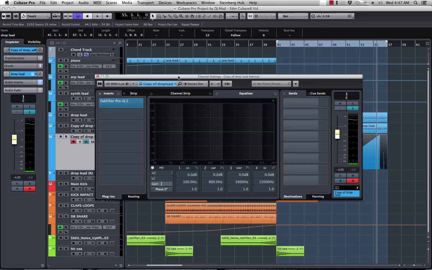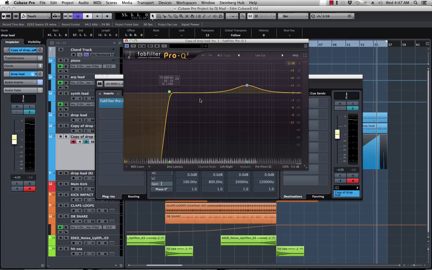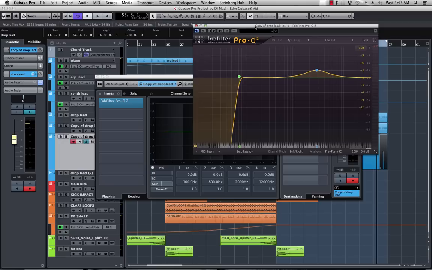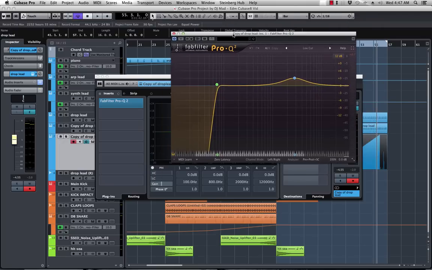I want to talk about this real quick. On the last video, I was talking about that I was using FabFilter and why I like FabFilter better than the stock EQ. But every day you learn something new. So I still love this FabFilter. I think it's one of my favorite